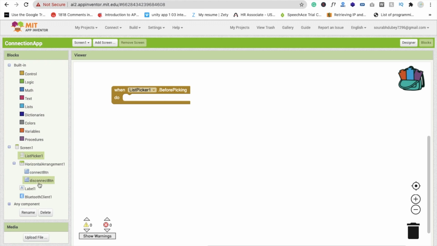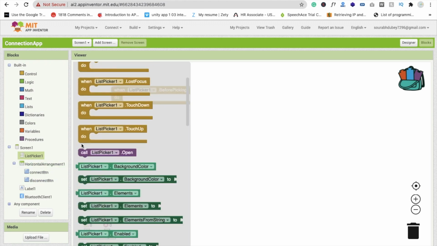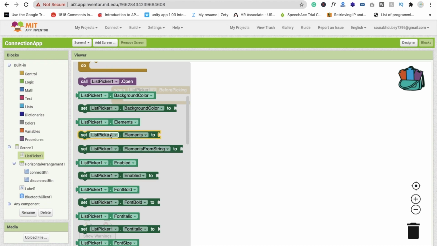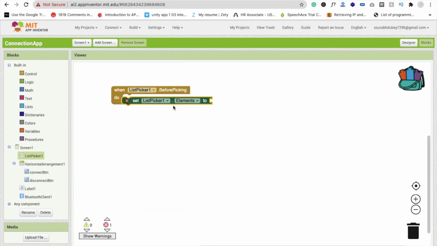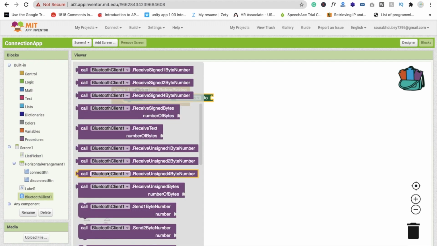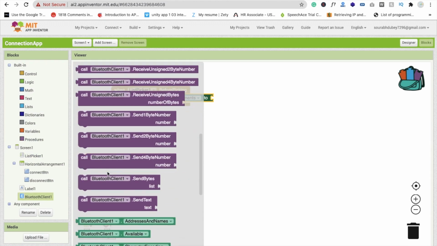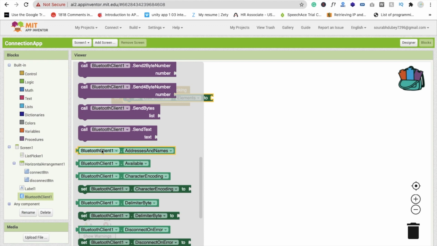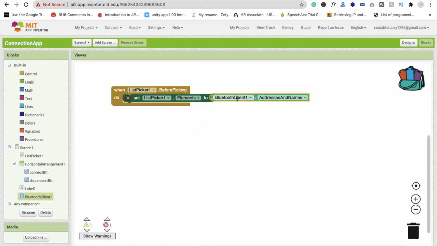So just click on this list picker and you will find list picker dot elements, this one. Just drag and drop this, and here we need to click on Bluetooth client, and you will see Bluetooth client dot address and names. This method will save and display all nearby Bluetooth device names in your list here.